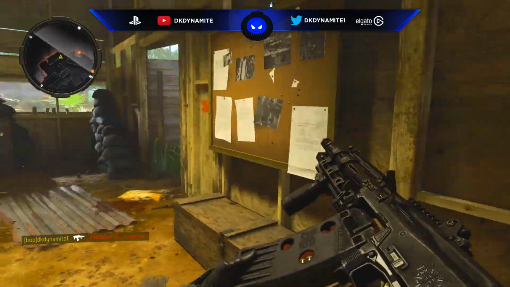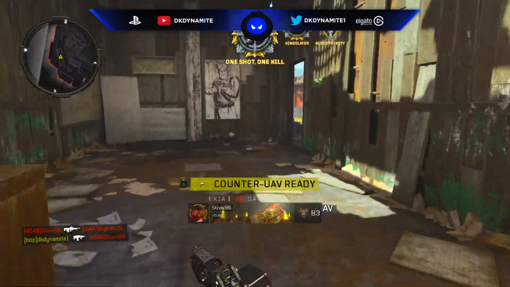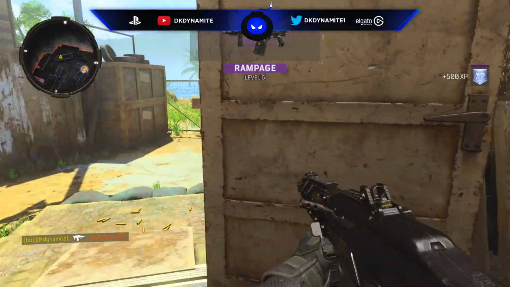But at least we're seeing Contraband Hurricane pop up pretty often in the matchmaking. Now, I have a separate video talking about Contraband Hurricane, so be sure to check that out down below in